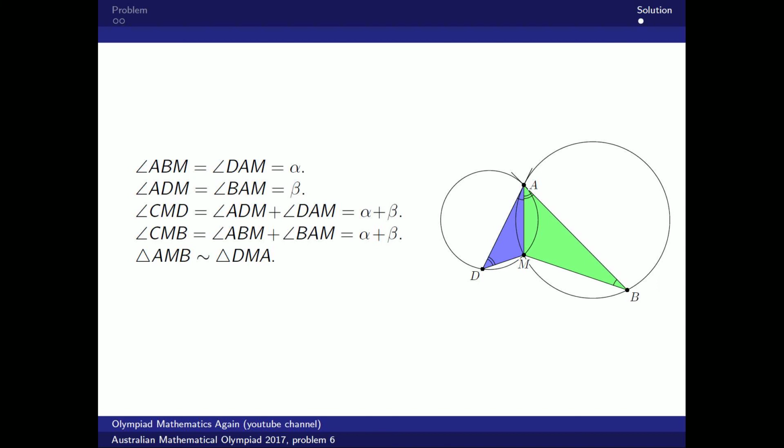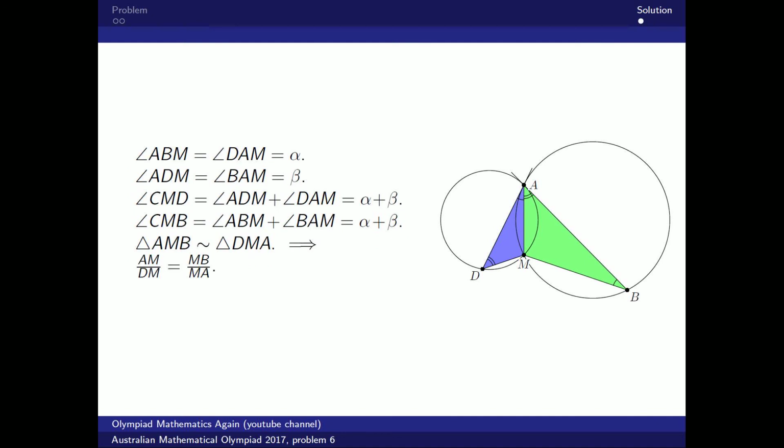So, from this we conclude that the ratio of the corresponding sides of these triangles are equal to each other. So AM over DM is equal to MB over MA. So this means,